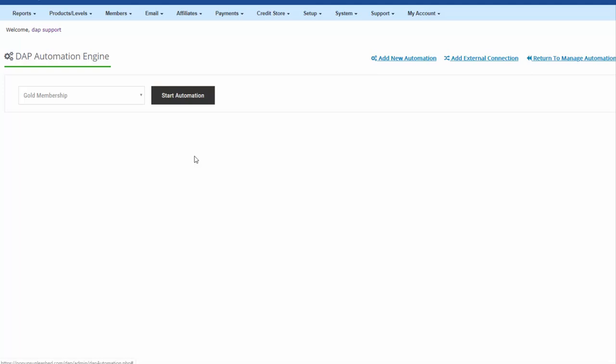And I want to deliver my content from the destination site. So all the content for the Gold Membership product, I have it on the destination site. I don't have it on the source site, but the product exists on the source site. So I have selected the Gold Membership product here, and I'm going to click on Start Automation and add a